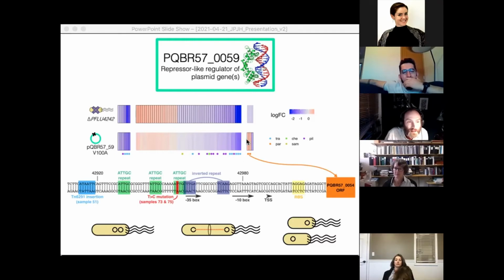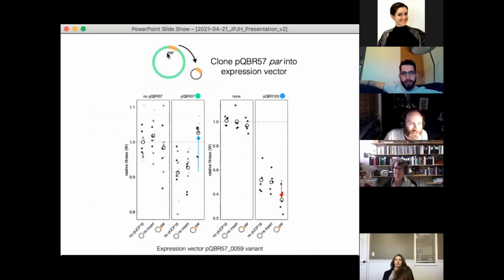So is it really the case that upregulating the partition genes reduces plasmid fitness costs? Well, to test this, we do the same experiment where we take the partition genes, put them onto an expression vector, and then see whether they ameliorate the fitness cost of the plasmid. What you can see here is if you don't have a plasmid, expressing these PAR genes doesn't have a particularly significant effect. If you have the plasmid Pqbr57 with no insert or no expression vector, there's a fitness cost. But if that expression vector has the partition genes and is overexpressing the partition genes, we ameliorate the cost of